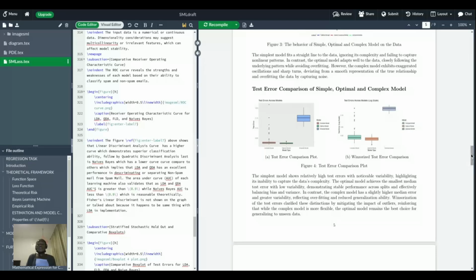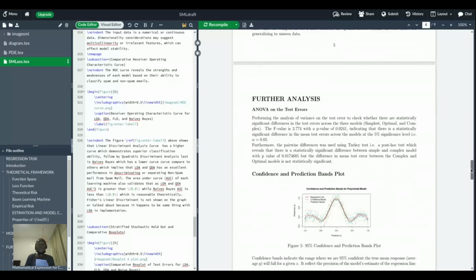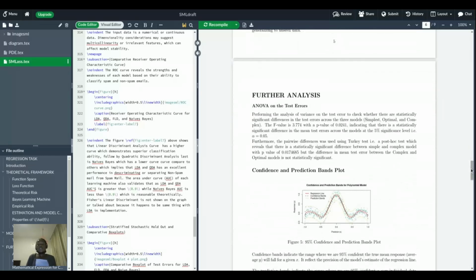Now moving on to comparison of the simple, the optimal and the complex model. They were compared using the test error, and from the box plots there was no difference between the optimal and the complex model. But to establish that, analysis of variance was carried out with a p-value of